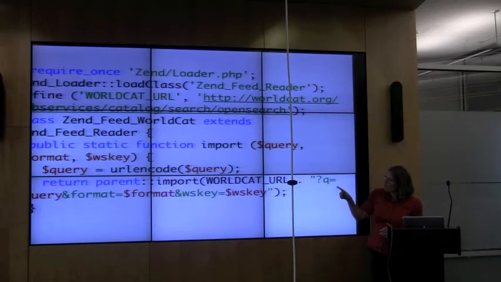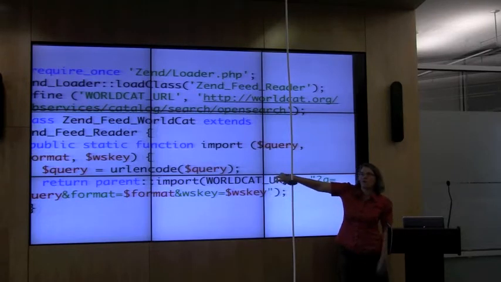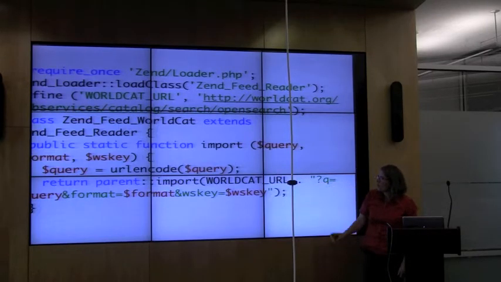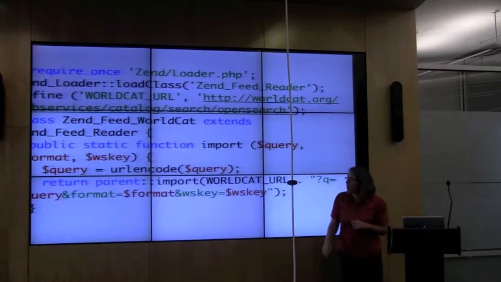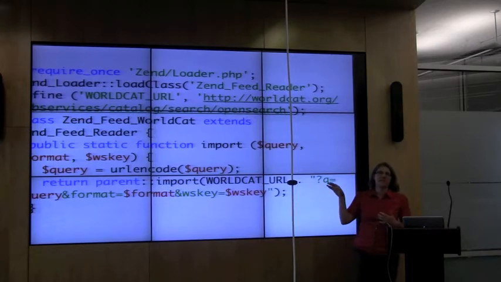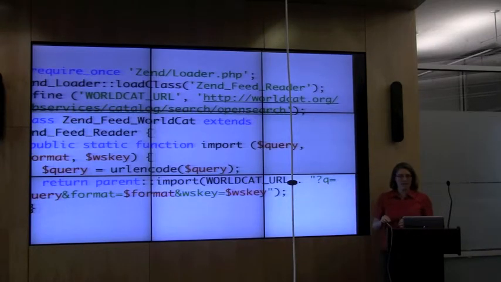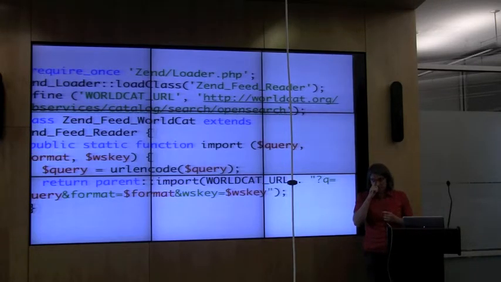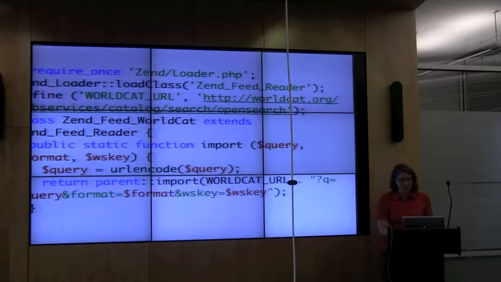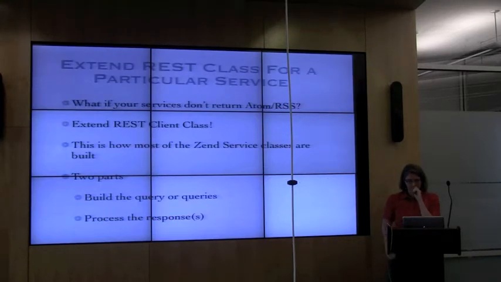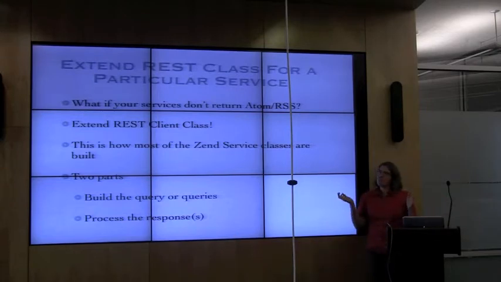Because the way that Zend Feed Reader works is you give it import and the URL you want to get. So developers don't have to know, okay, it's q equals, and this is where the query goes, and the format, and this is where it needs to go. All they need to do is call the function and put in the query, the format, the WSKey, and off it'll go. And it'll return an RSS object that they can walk through and pick out the pieces. So that was easier than I thought,